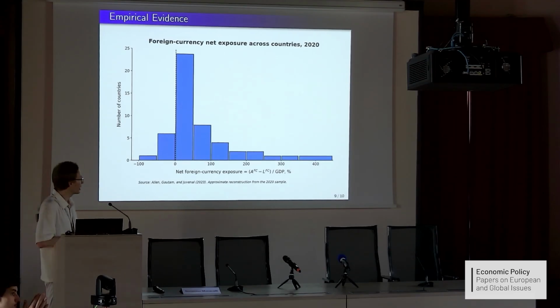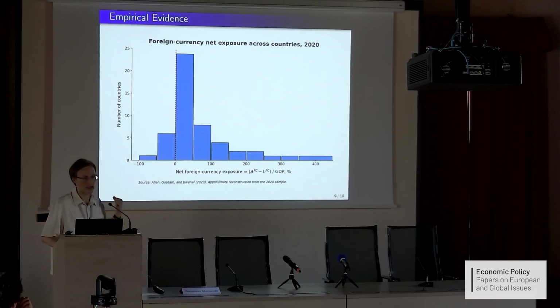So is it really a realistic thing? Well, I was actually surprised there are a few countries which have such positions, but it's about 7 countries out of 50 for which data is available. You take foreign currency in assets and liabilities, and you compute this net exposure, and it turns out that for about 43 countries out of 50, so 86%, exposure to foreign currency is positive, not negative as in their model.